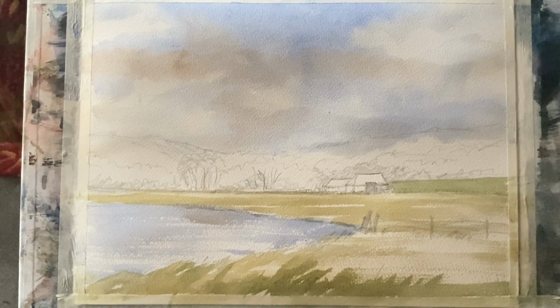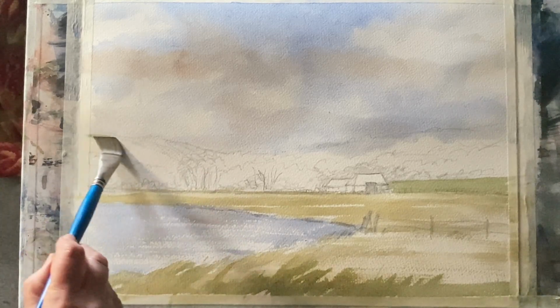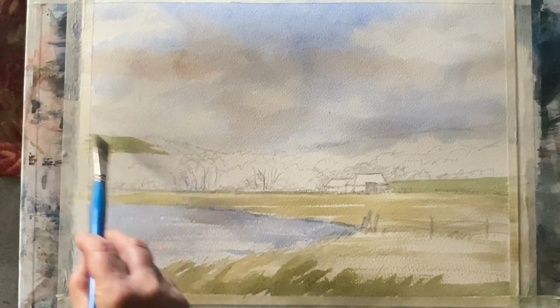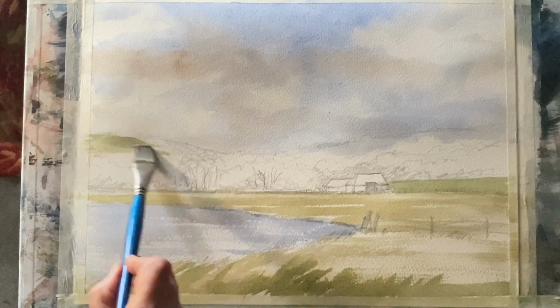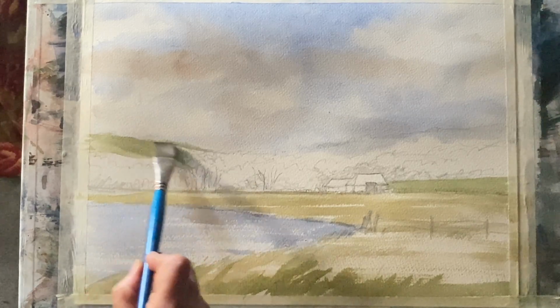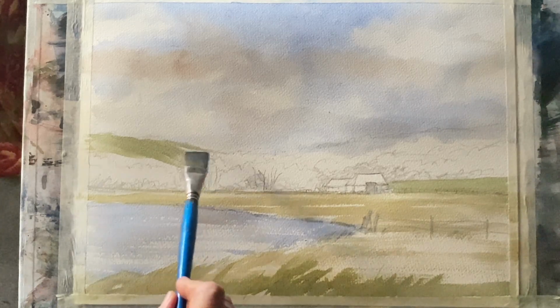And this slightly cooler blue or green, I'm going to use, varying up the tones a little bit, to get in my distant hills, which are covered in trees. So I'm going to try and create that impression very simply, just through a little bit of brushwork and varying up the tones. But I'm trying to keep the paint fairly pale here,